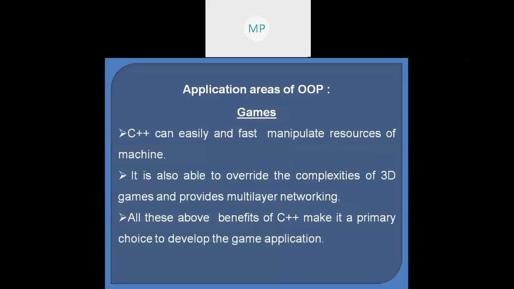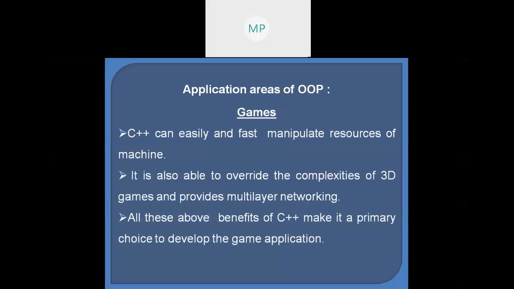Another application of C++ is game applications. C++ is a fast programming language that can use the resources of the machine or computer very efficiently.